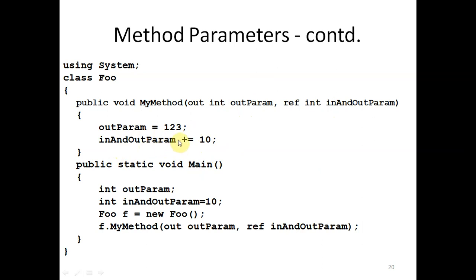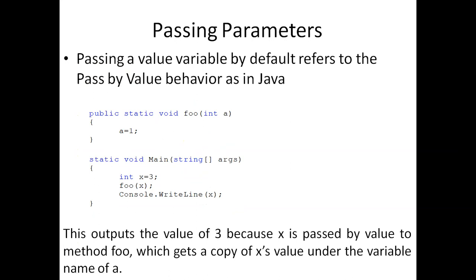In-out parameter equals in-out parameter plus 10. The value of the in-out parameter is initially 10, so 10 plus 10 is 20. When we print the value of the out parameter and the in-out parameter, it will display the values 1, 2, 3 and 20. So this will be the output. This is call by reference, basically, this is the example of call by reference.